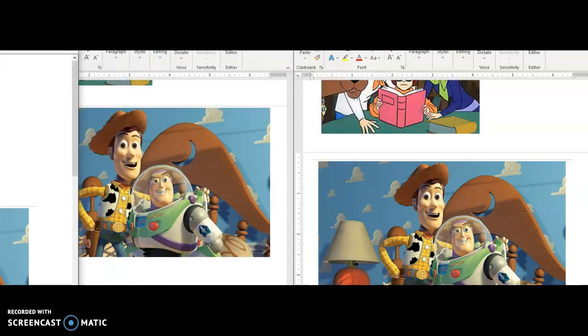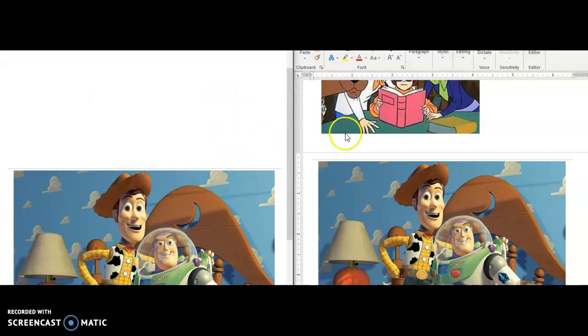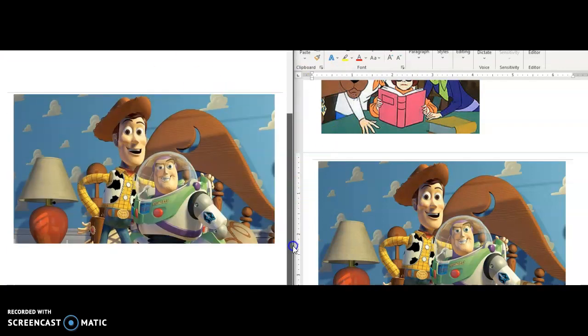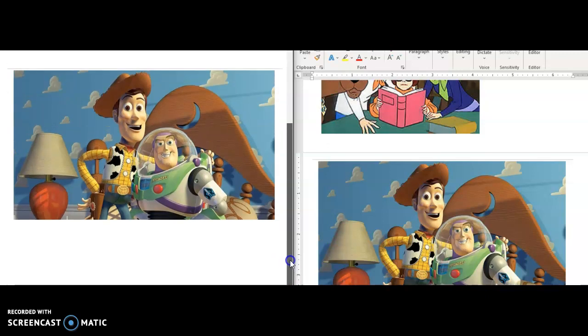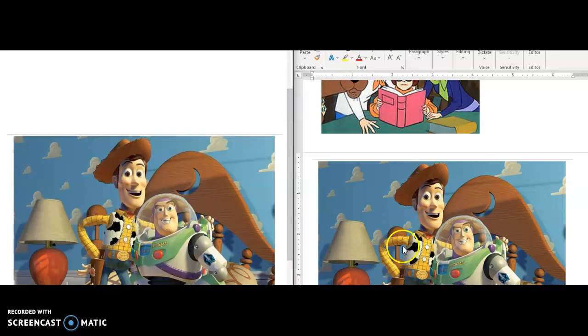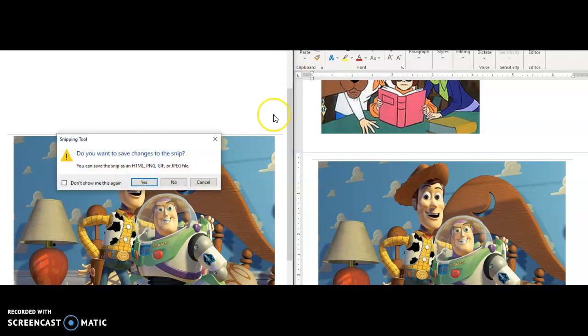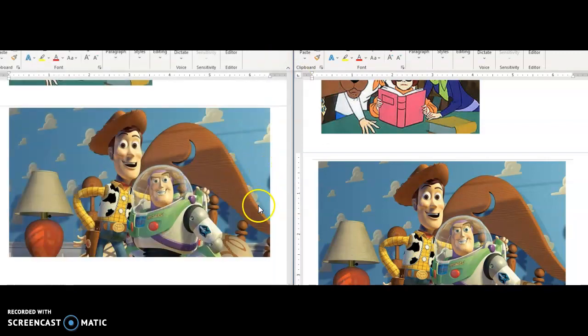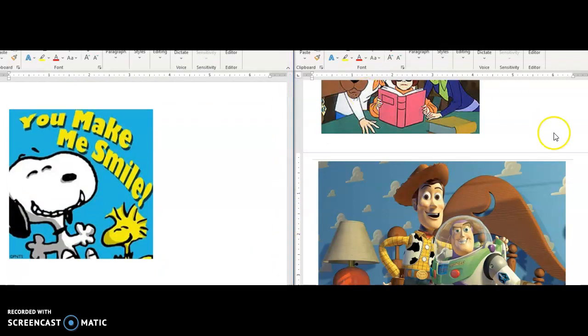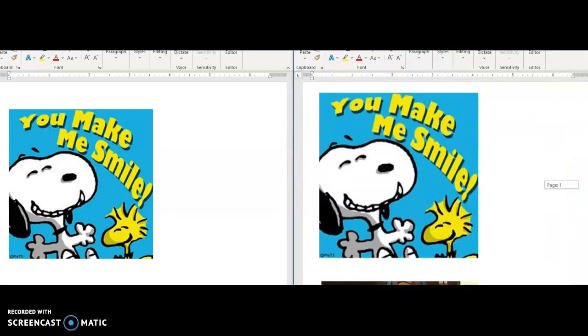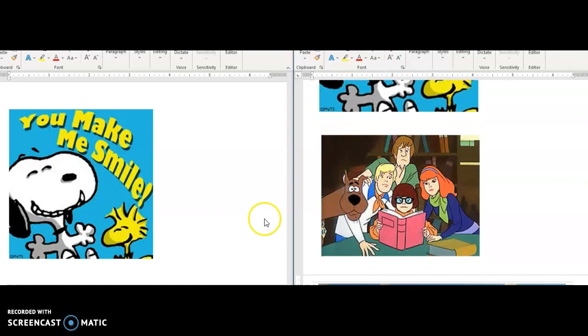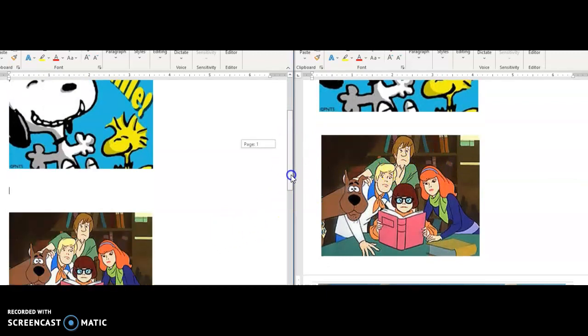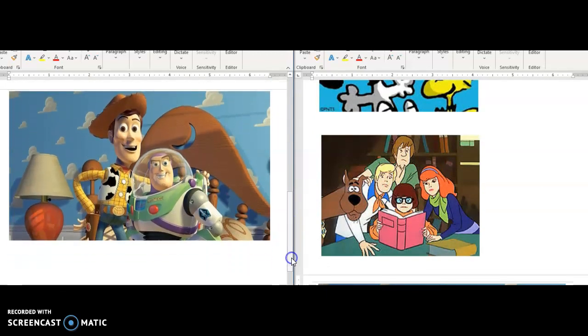Let me pull this over here. And we can see that in my documents, I have Woody here and I have Woody over here because I was able to copy and paste them. Oh, that's my snipping tool. Let me close that out. But I have two documents that are exactly the same. We have Snoopy. We have Scooby-Doo. And then we have